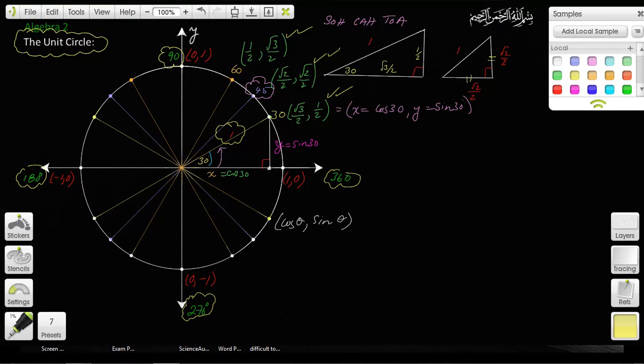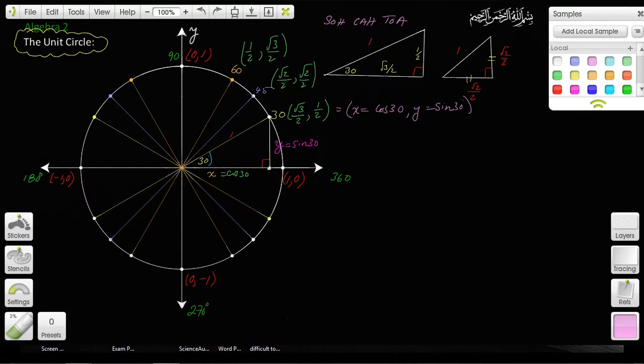And then we noted that what's special about this ordered pair is that the x value is the cosine of the angle, and the y value is the sine of that angle. Thus,